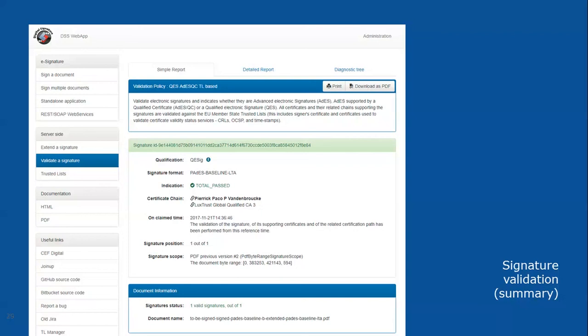Actually, this is standard wording from 319.102. There are three different outcomes that can come here. It's total passed, total failed, or indeterminate. Indeterminate means there is not enough information to conclude whether it's total passed or total failed. Once again, we encourage you to go to the 319.102 standard to understand the three different levels. But please remember that normally there are three levels and then a sub-level for explanation.